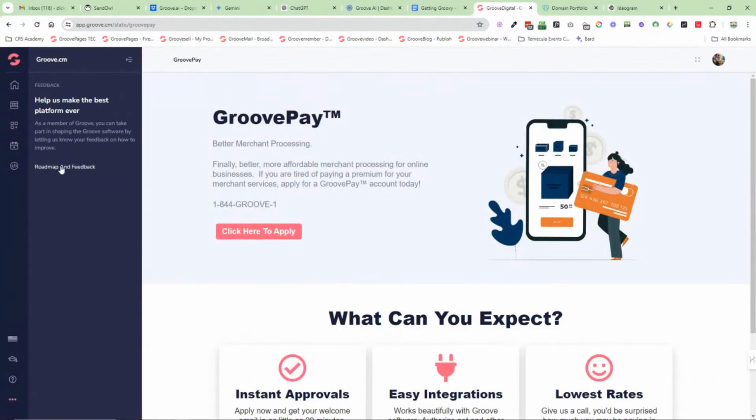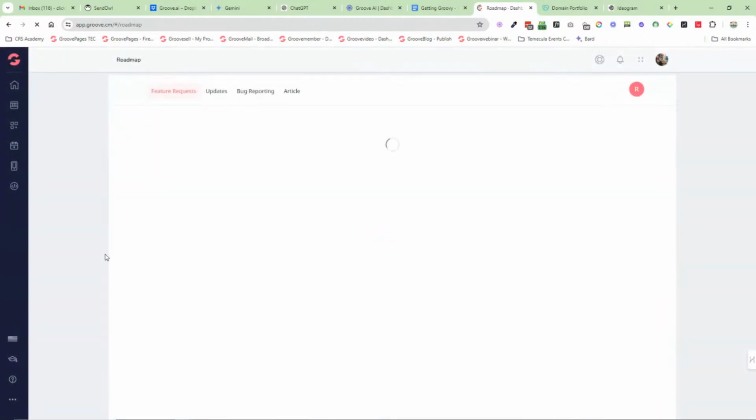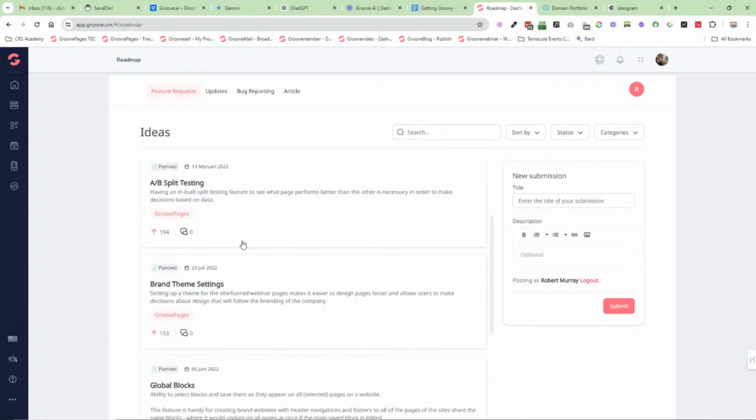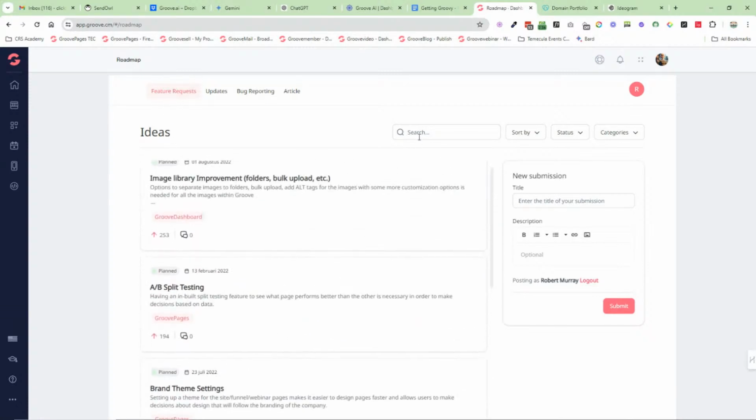And then last but by no means least, we have our roadmap and feedback. Again, we know that probably 3 months ago now, we had a big UI update, which crashed a lot of stuff and gave us a huge amount of bugs. We've been tirelessly working through them, so it's not normal for us to have this many bugs. If you find a bug in the future, once we've fixed all of these, then obviously come in here. Sorry, these are feature requests. If you're in an app and you think, oh, it needs something, then come in here and search first, and then you can request it.